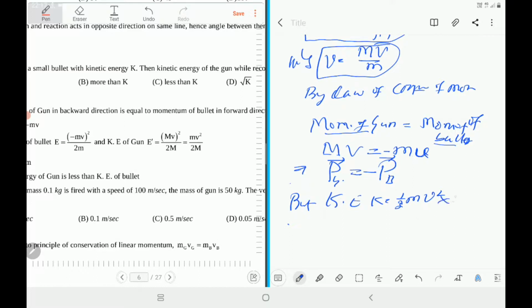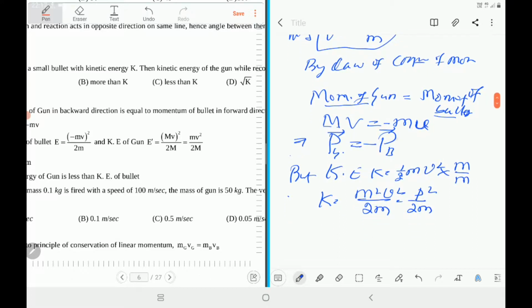Now you do similar, multiply and divide by m. There is no change mathematically. If you cancel it out, again half m square remains. Now you continue the calculation this way. M into m, m squared. M squared v squared divided by 2m. What is m squared v squared? P squared. P squared divided by 2m, where p is momentum.